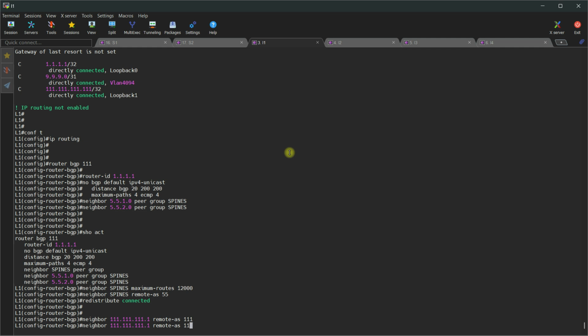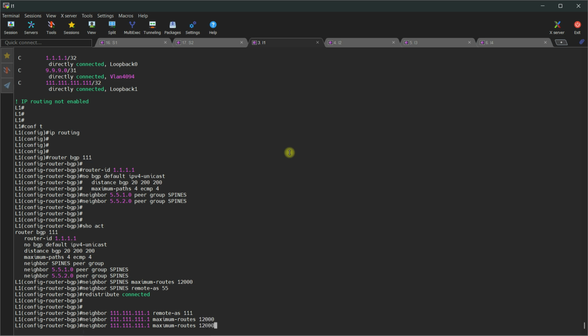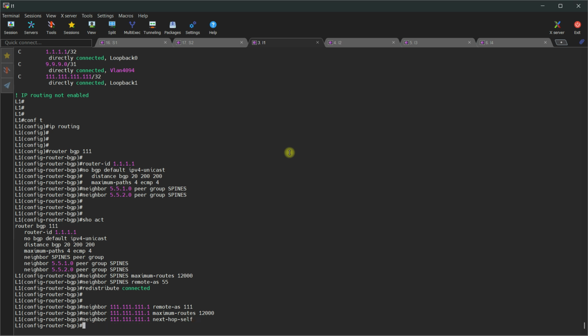We are also going to do that maximum routes command, 12,000. And in the case, since this is IBGP, we want to give the next hop self address. So, or yeah, it's the next hop is going to be the address across this IBGP connection. All right, now